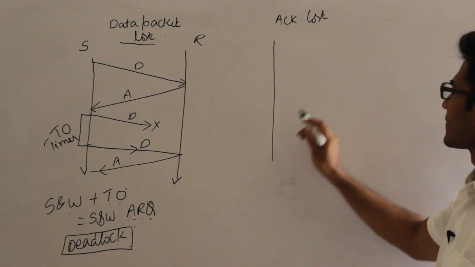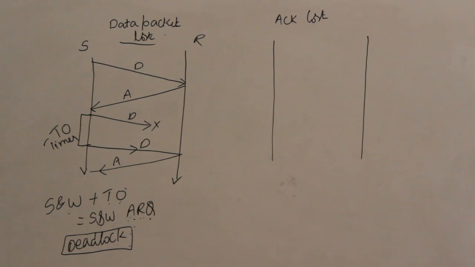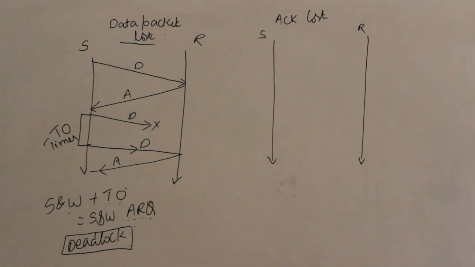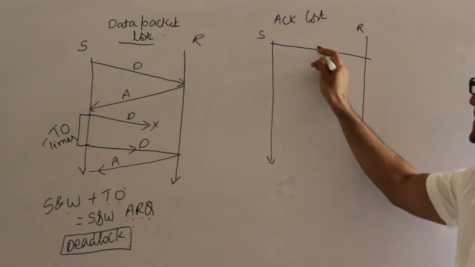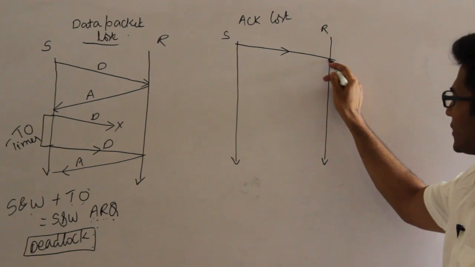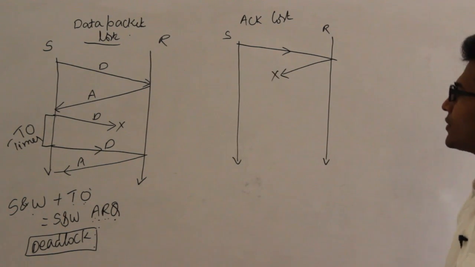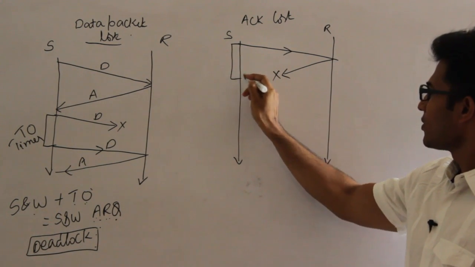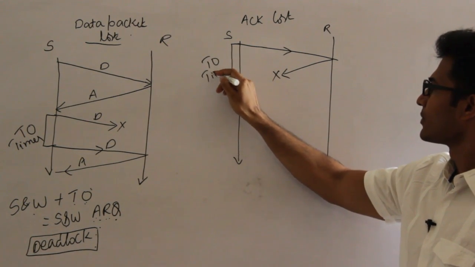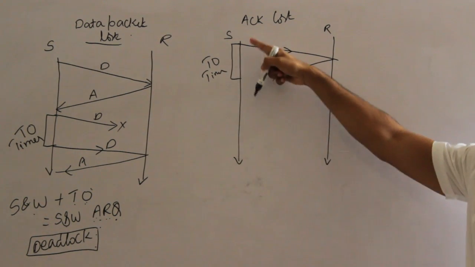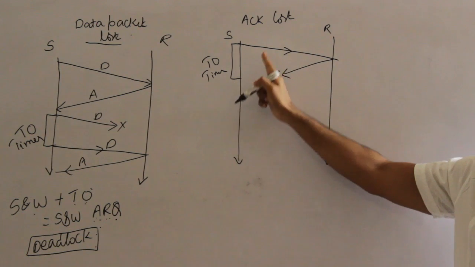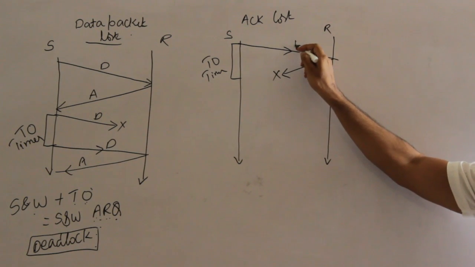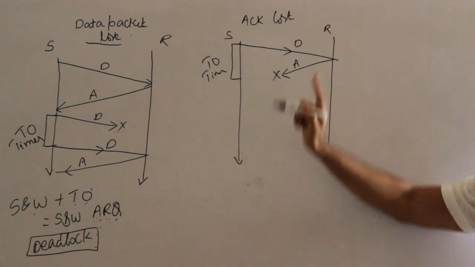which means, see this, now the sender is here, the receiver is here, this is the timeline. Now the sender is sending some data and the receiver is sending the acknowledgement, and suddenly the acknowledgement is lost. Then what happens at the sender side? As we said, the sender is going to have something called a timeout timer, isn't it? This is the timeout timer, and after the timeout timer expires, the sender will think that data is lost, because that is the safest assumption, right? Either the data is lost or the acknowledgement is lost, it is safe for you to assume that data is lost.